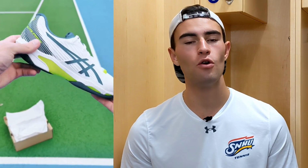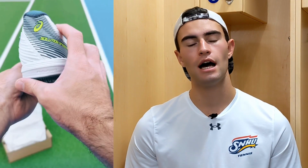Occasionally I see the Novak A6 shoe, the Court FF Novak, I think it's called, but I am seeing more of the Solution Speed. There also are some Gel-Resolution users out here on the college circuit, you could say. So a lot of the college players are sticking toward